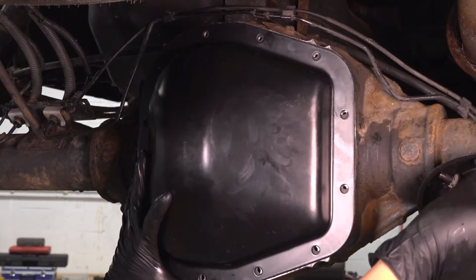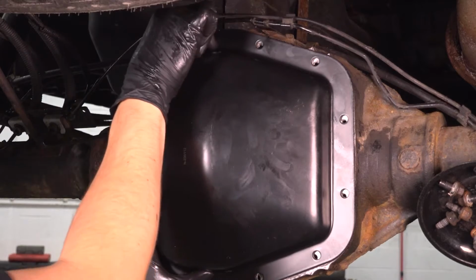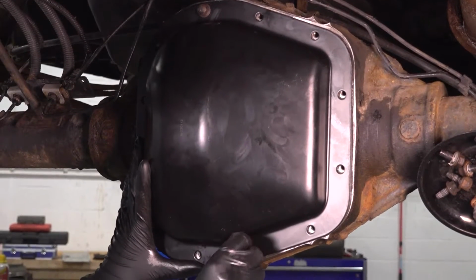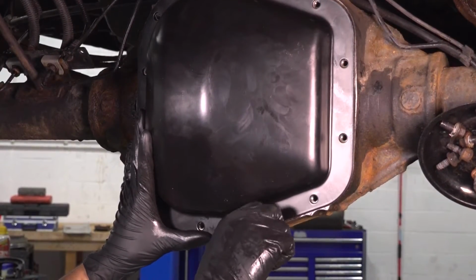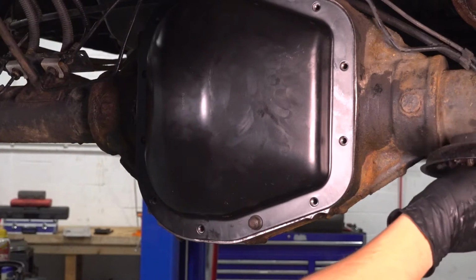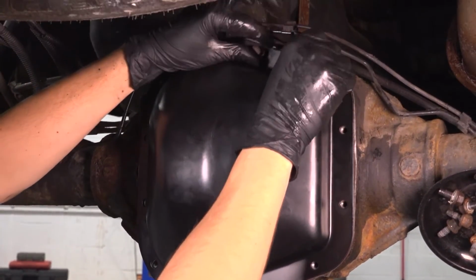I'm just gonna aim for that one. Get a bolt, stick it through. That'll hold everything in place for you. Start it on by hand, best you can. And then I'm gonna start one down here. I'm basically gonna go across, and once I get two in, I can guarantee that everything is as lined up as it'll be. Now I can just go around a circle, start them all,